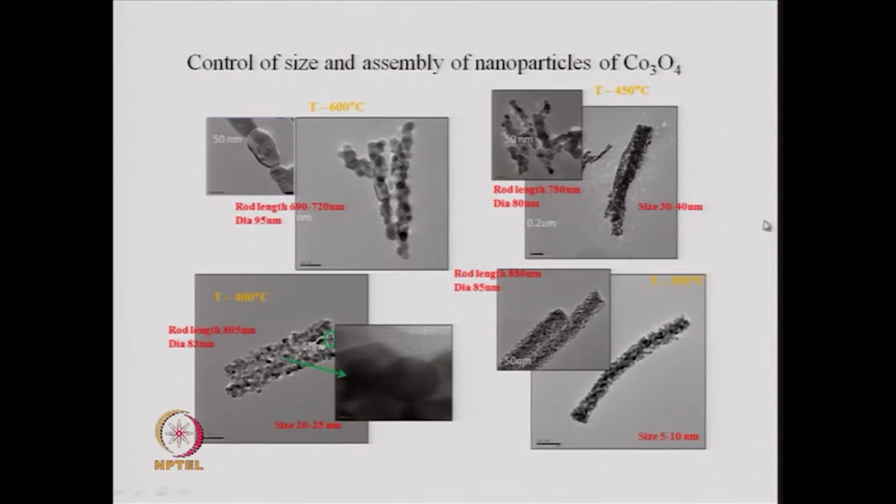So, what this study shows is that using different temperatures, etc., you can get the same cobalt oxide in different morphology, and the size of the particles which form this anisotropic rod-like structure, the small size, can be varied from 5 nanometers to around 80-90 nanometers. So, you have a wide variation of the size depending on the conditions that you are using to make these